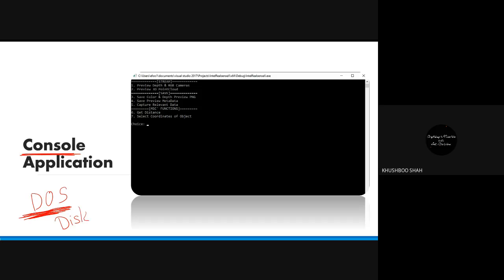It's a disk operating system. Okay, so basically when we say the console application, it means the type of application we use when we want to communicate directly with the operating system. When you are installing some component, it requires direct communication with the operating system. If you remember in the comp,